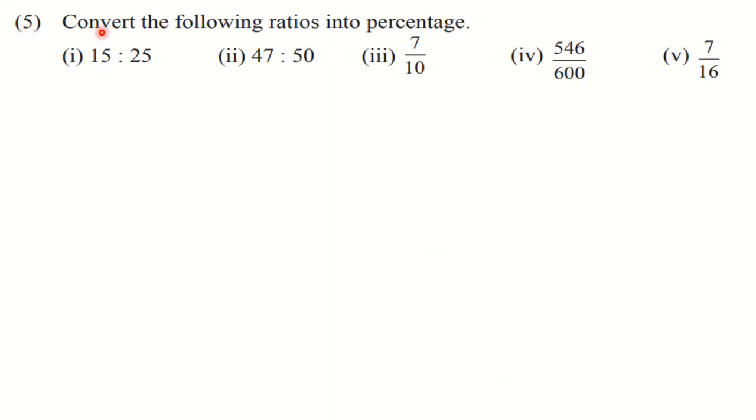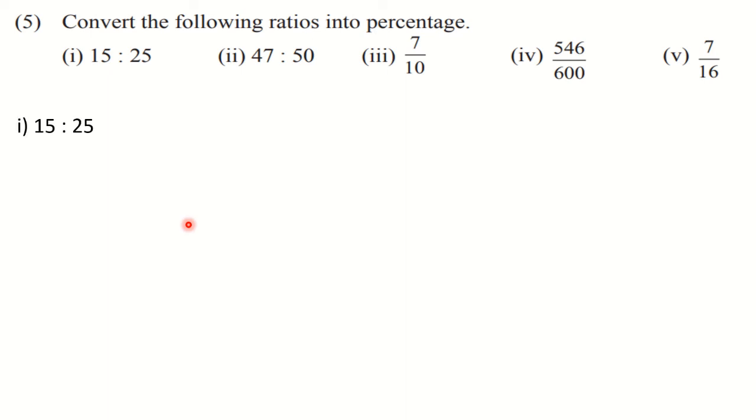Question number 5. Convert the following ratios into percentage. Here this is exactly opposite of question number 3. There the percentage was given and we needed to find the reduced form. But now the ratios are given and we need to find the percentage. You know that percentage is the ratio where the second quantity is 100. So we want the second quantity as 100. I told you that this type of sums can be solved by using 2 methods. Let us see those methods.